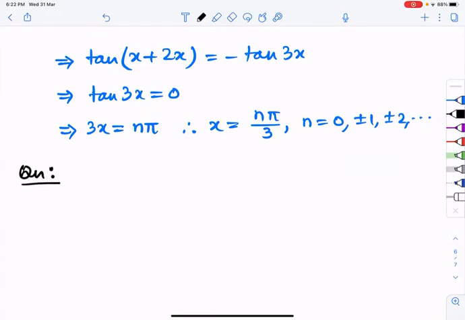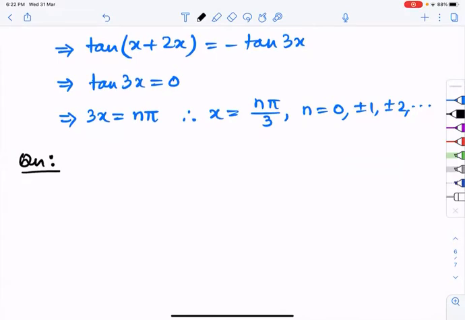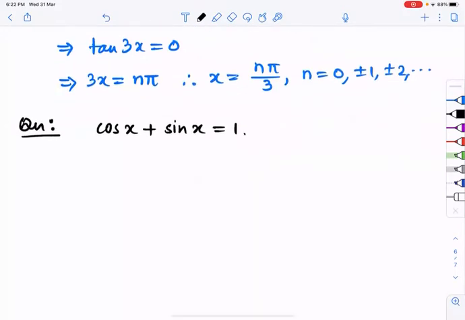Say, I have a question here, which is like this: cos x plus sin x equal to 1. How to solve? Find x. So there are many ideas. Let me tell you the first method here. First method,